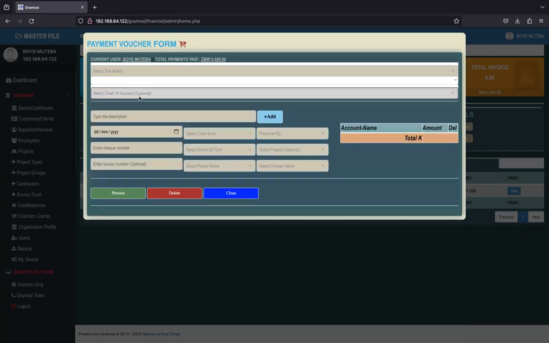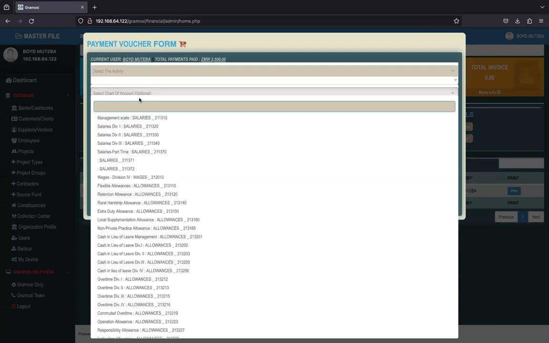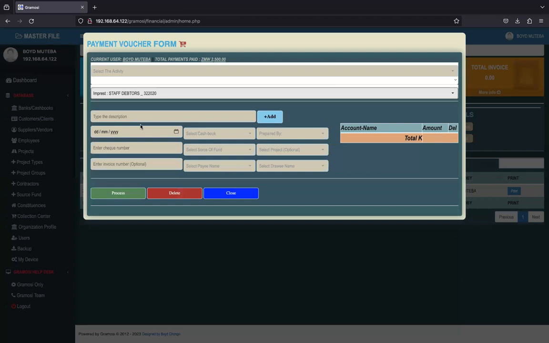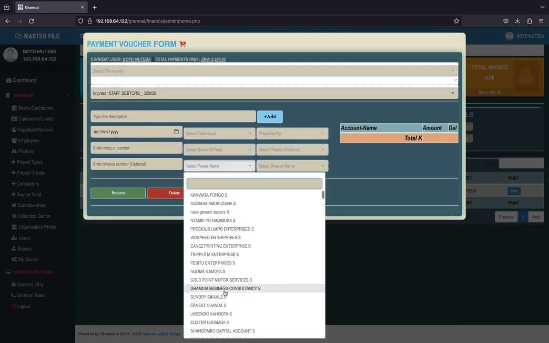So under chart of account, you use this field if the payment is an interest payment. So if you are doing an interest payment, then you use the chart of account. There you search for this interest staff debtors. This is the control code for all the interest payments. The moment you select the interest staff debtors, and then you pick the payee there as an employee,